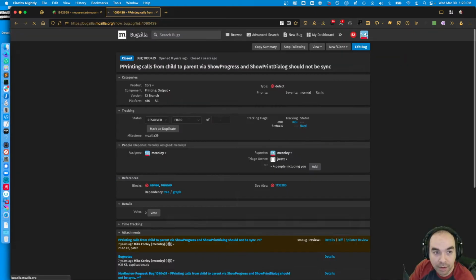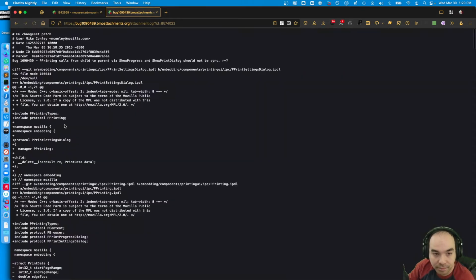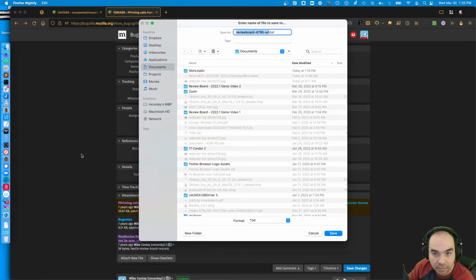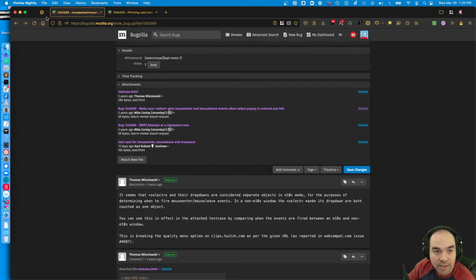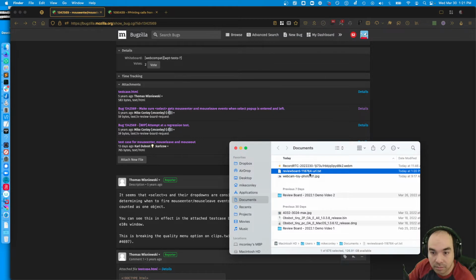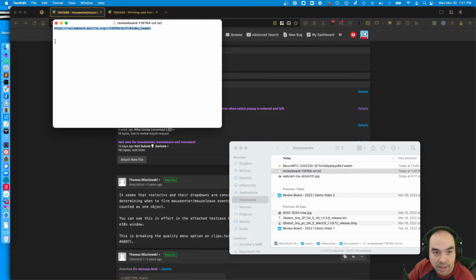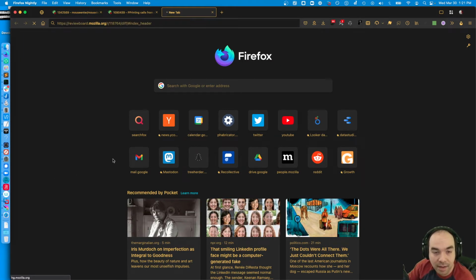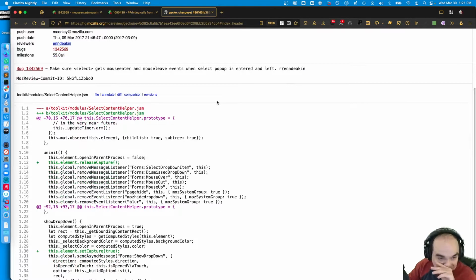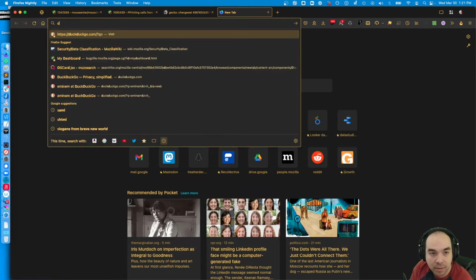Reviewboard.mozilla.org. If I went there, it's just redirecting to bugs. All right, well, what's in the URL that it wants me to download? That's the URL, okay. And where does that take me? Here's the patch. So the patch was to use set capture and release capture on the element, and I can't exactly remember what